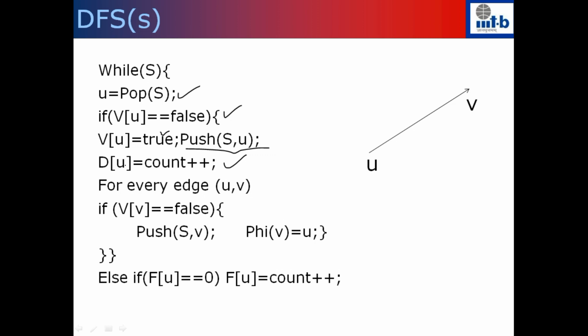So I have to keep track of that, so I'll push this again into the stack, and I will look at all the neighbors. When I pop out all the neighbors of it, and again I come back and pop this u out the second time, that is the time I'm going to set the finish time. That's precisely the reason I want to push this back into the stack, because after that I'm going to look at the adjacent vertices of it and keep pushing them into the stack.